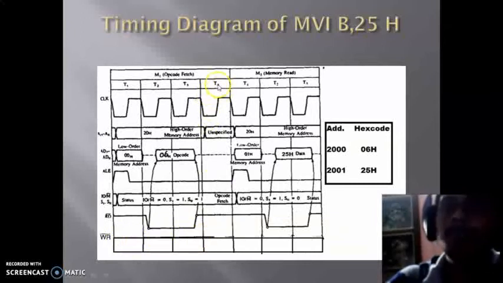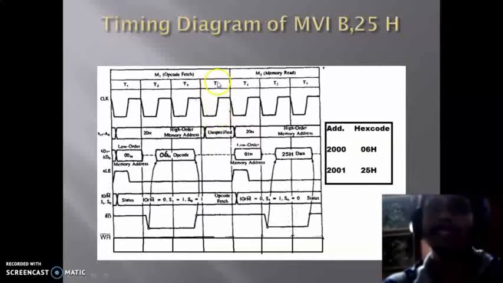Now we will consider the T4 T state. At this T state the higher order address is unspecified, and in the lower order multiplexed data bus, the dotted line represents the decoding operation. At this time ALE will remain low, and the read operation was already completed in the previous T state, so that will be high again, and no write operation is going on, so that will remain high throughout. So this is the opcode phase operation.